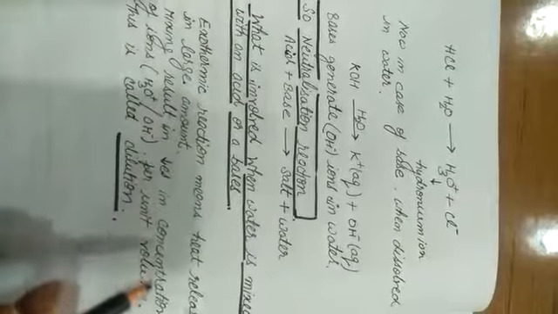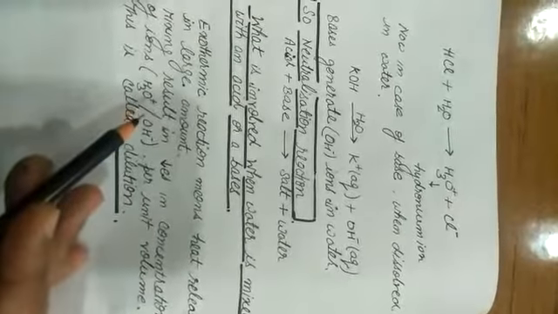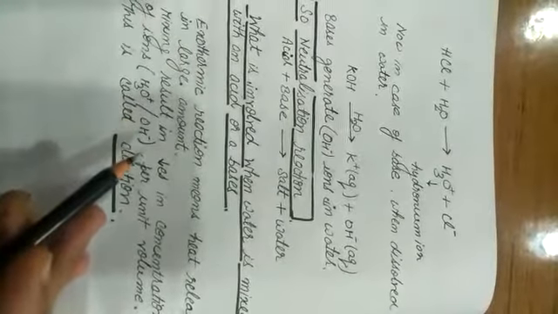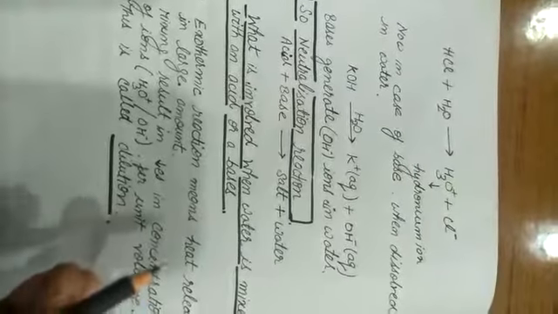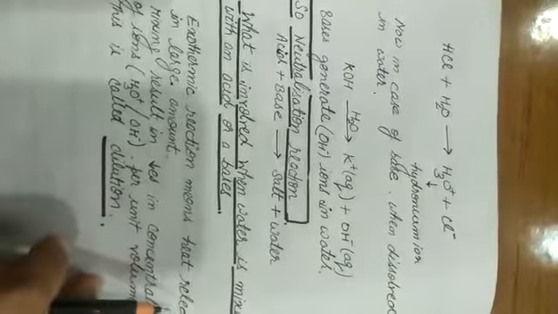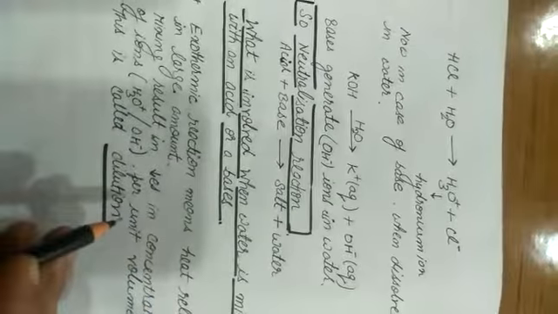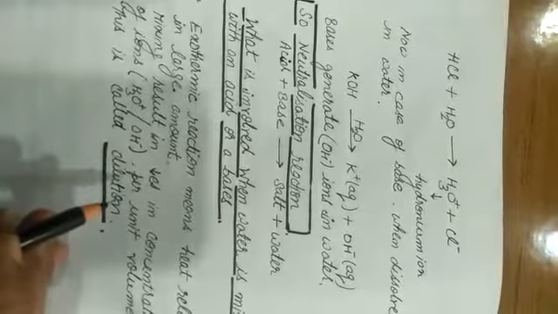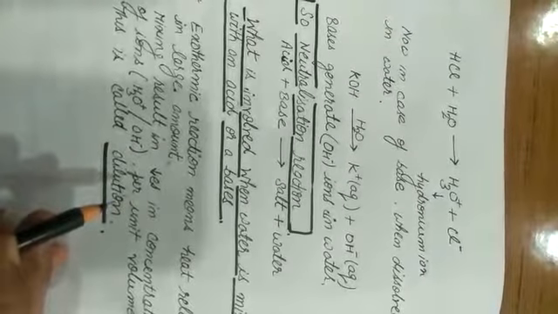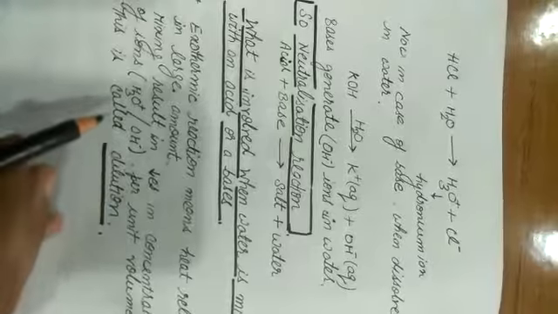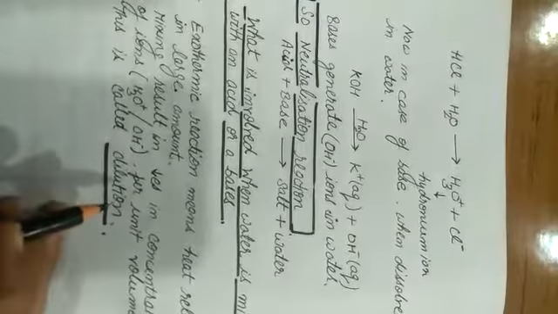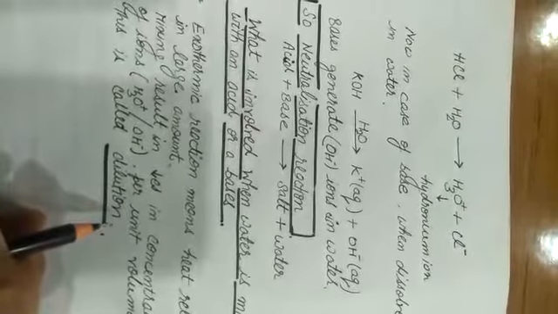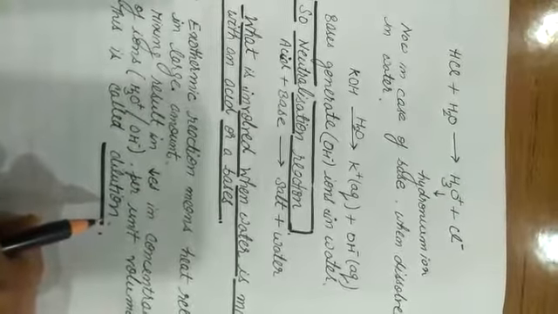Mixing results in decrease in the concentration of the ions, hydronium or H positive ion or OH negative ion of base, per unit volume. When we mix water in a concentrated acid or a base, it is decreasing the presence of H positive ion or OH negative ion, or we can say that the solution is diluted. This is called dilution, meaning we are decreasing the concentration of H positive ion or OH negative ion.